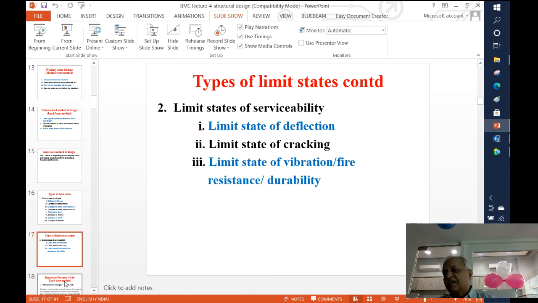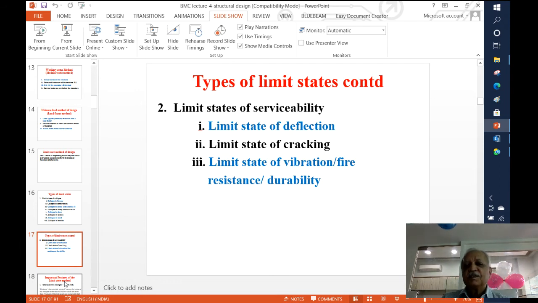So for that we say that we have the limit state of cracking. Once you design the structure, and if that is the condition specified, either for design purpose or the course of practice indicates or your contract indicates that your cracking should be limited to such and such value, then we say that we have to ensure that the limit state of serviceability under cracking is to be satisfied.